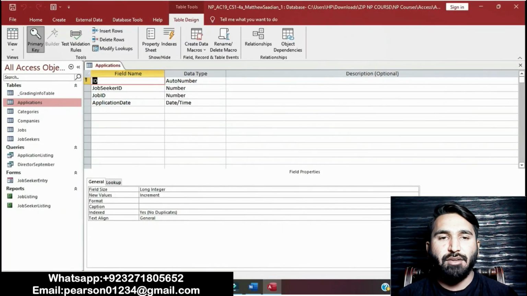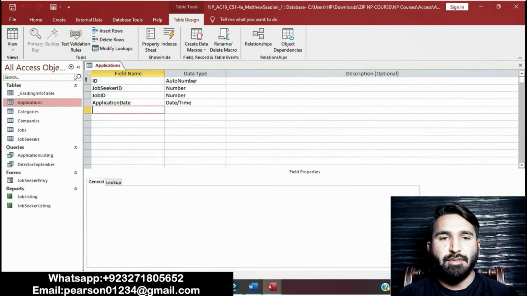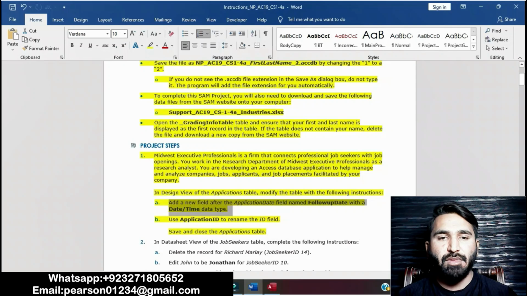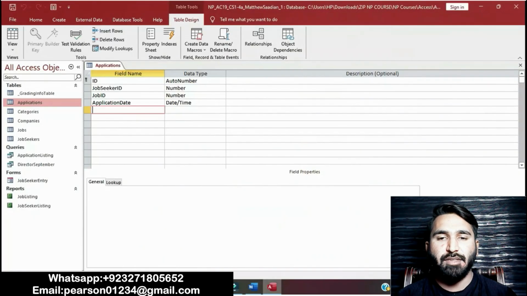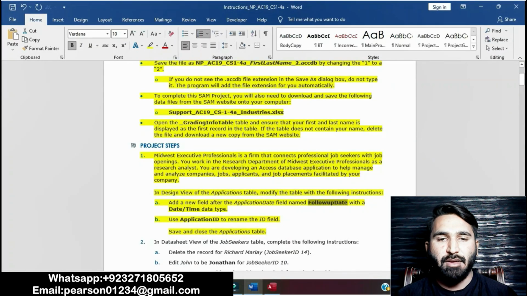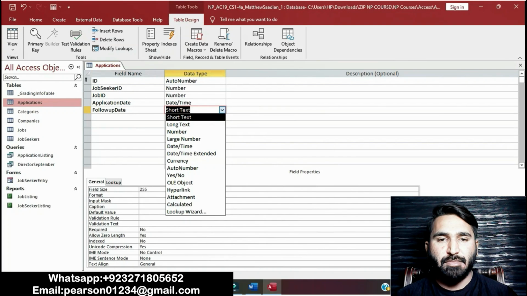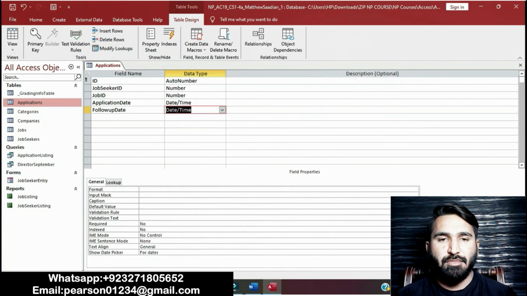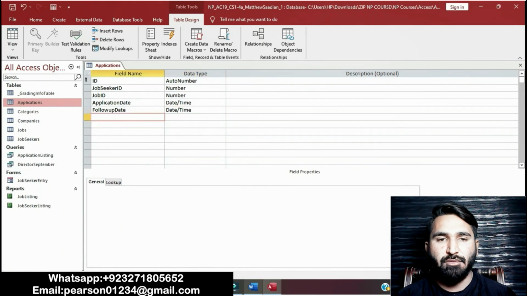This is the new field: Follow Up Date, and its data type is Date/Time. It's done, this step is done.